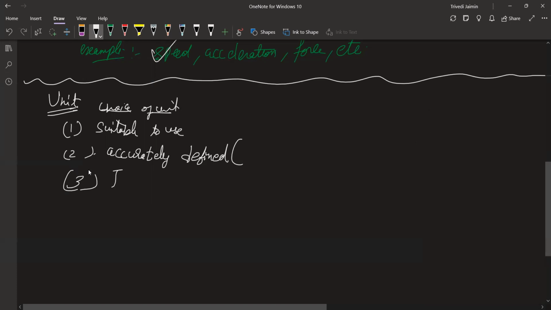It should be easily reproducible. It should not change with